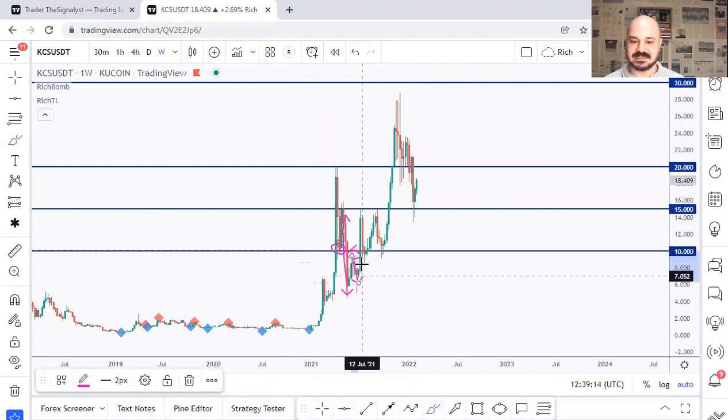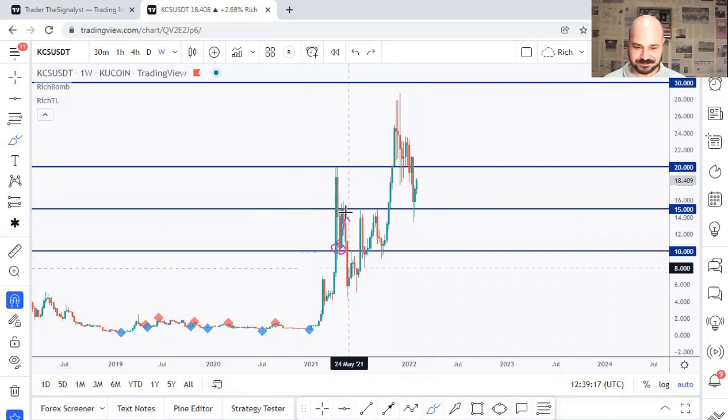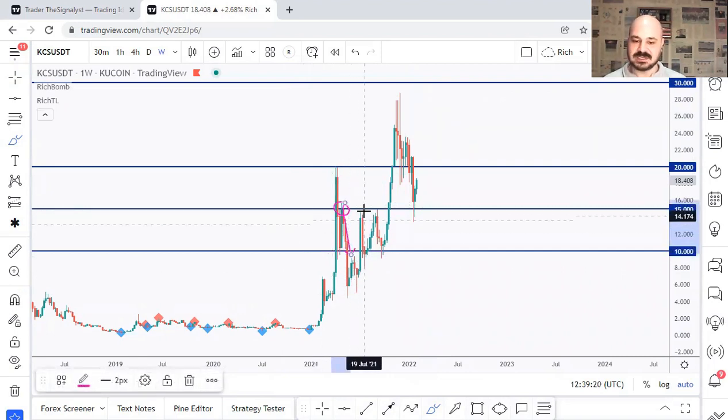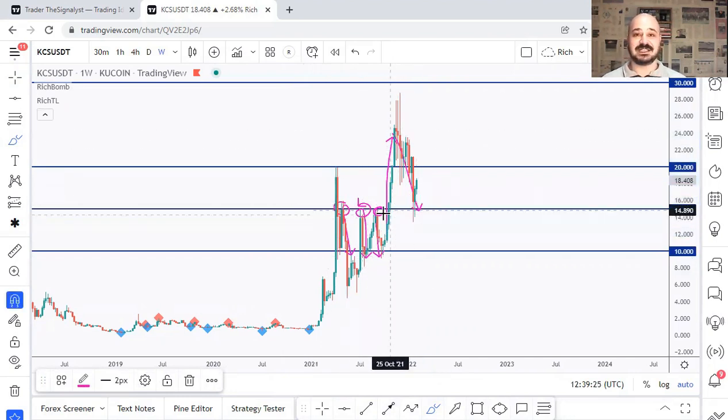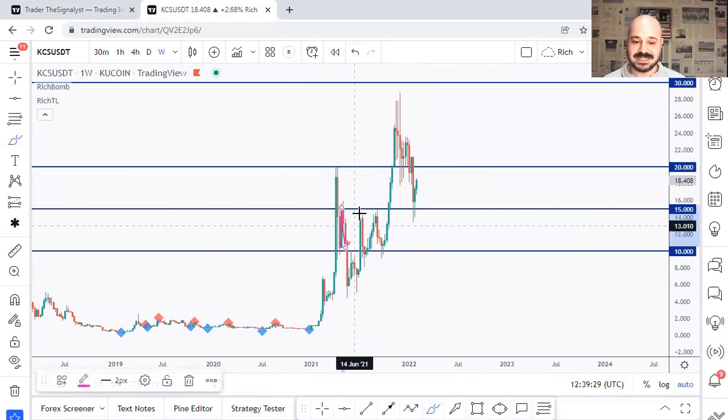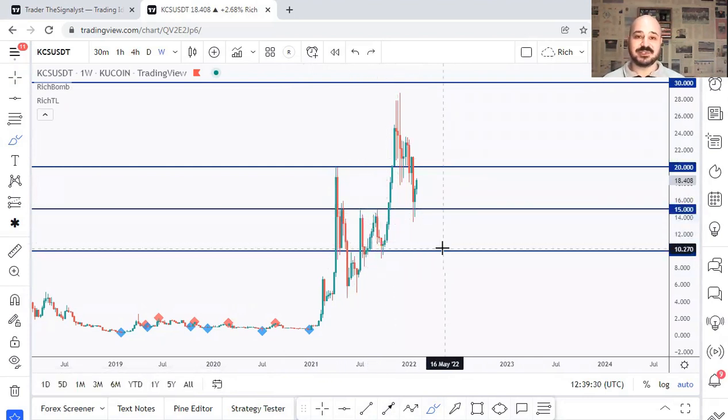It became resistance, then broke it upward, became support, and support again. And the 15, price rejected it here once, twice, and here we go, and then price broke it upward, and it's currently retesting it. So the 15 is not only a round number, but also covering these previous highs. That's how you make sure that your round number is valid and relevant to the current price